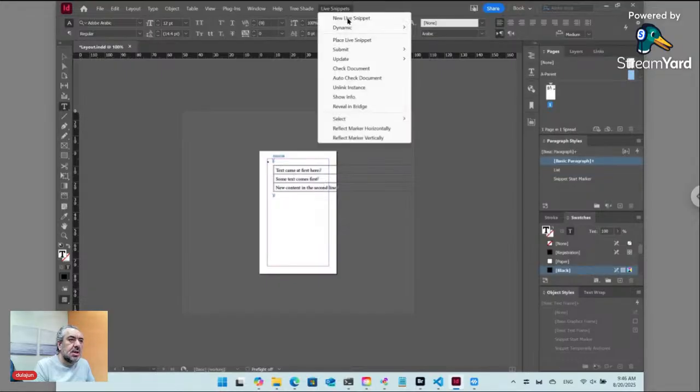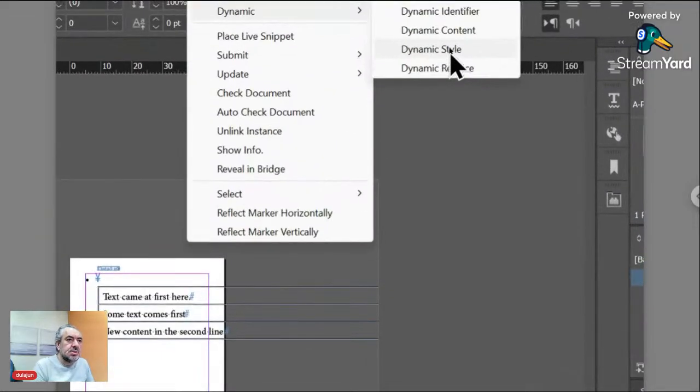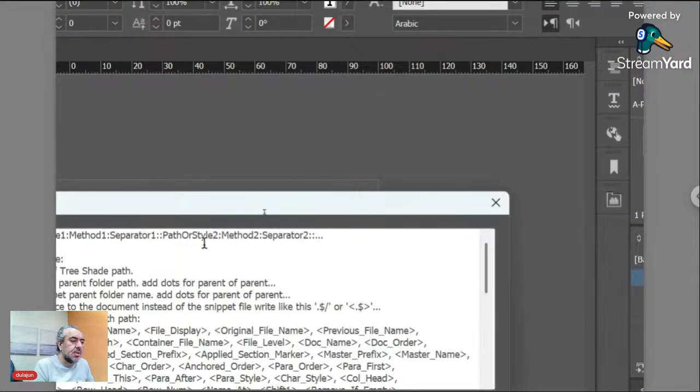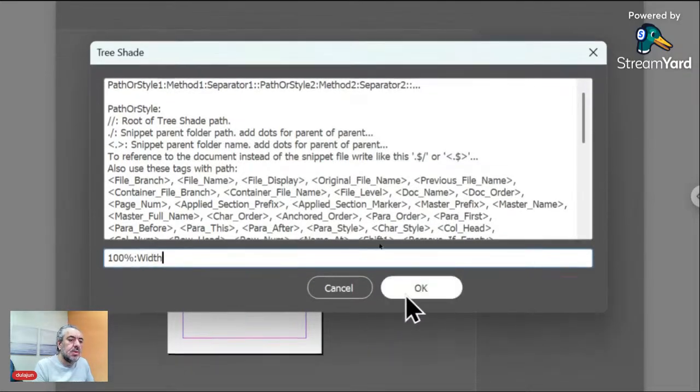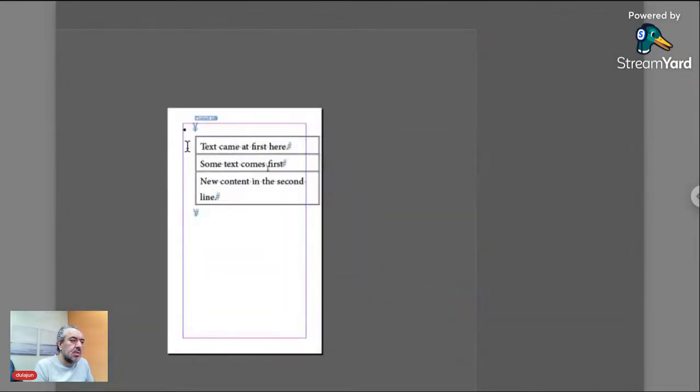in dynamic style, like here, dynamic style, and let's write 100% width. Okay. So here